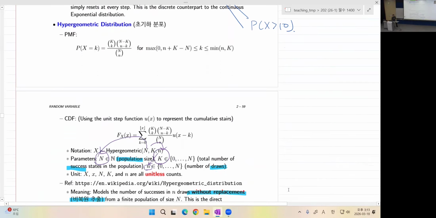Anyway, here goes another thing very similar to the geometric distribution, called the hypergeometric distribution. And this is